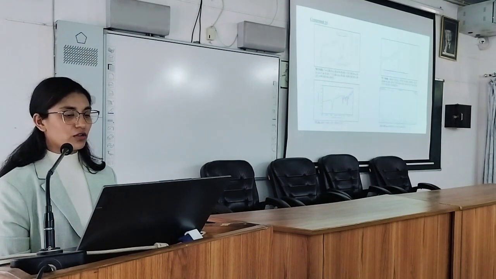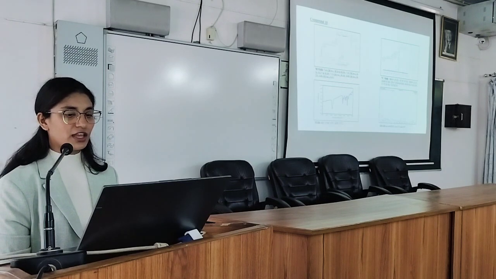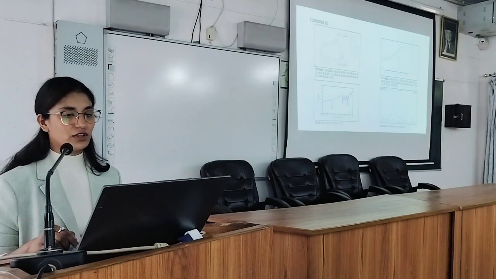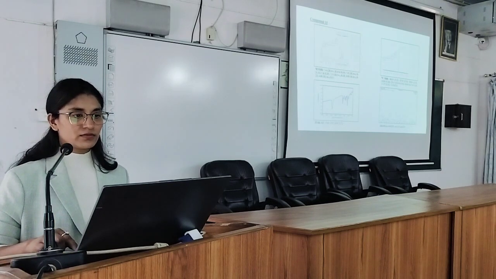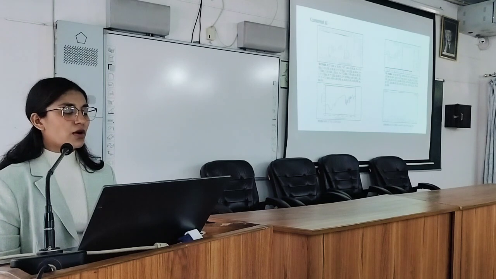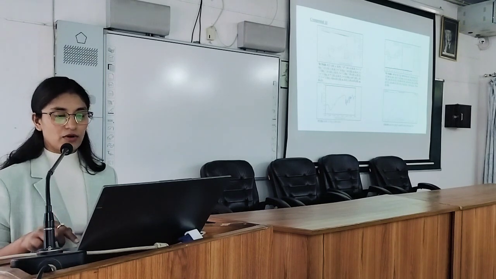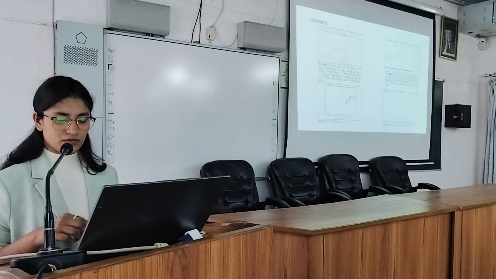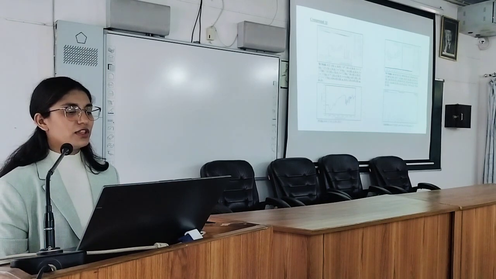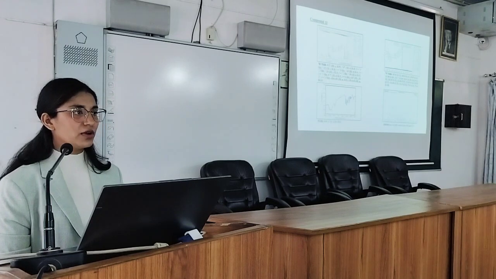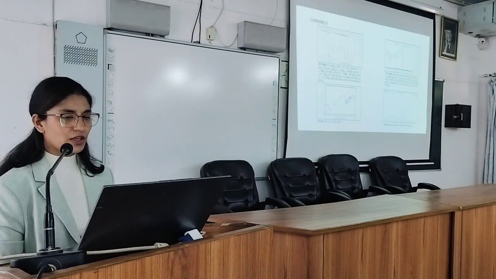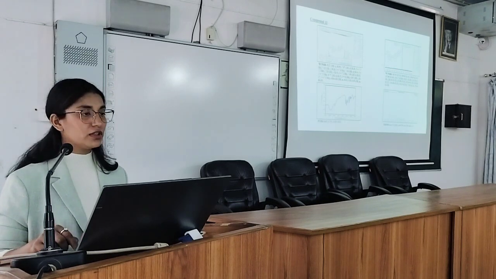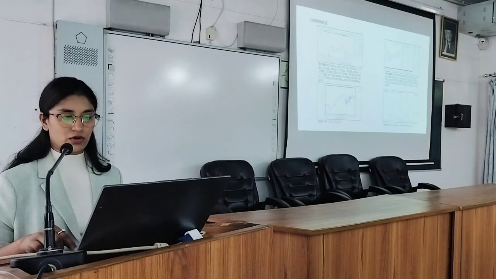In compound number 10 also, 1H-NMR, 13C, FTIR and ESIMS were carried out to check the synthesis of the desired compound. Compound number 11 is to check whether the reduction has taken place from compound number 9 and 10. I have carried out 1H-NMR, 13C, FTIR and ESIMS to check whether the reduction has taken place at the C20 position or not.